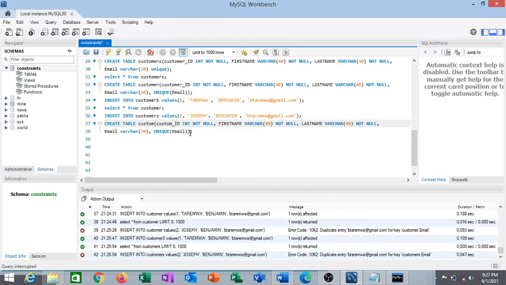Then for you to be able to give it a name, at the end of the last column, you can say constraint. Then you give the name of the constraint. We want this name to be, let's say, unique